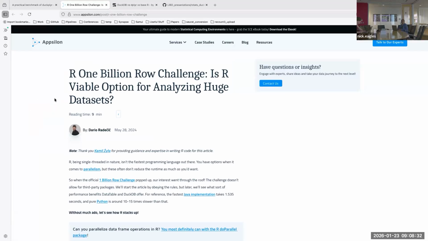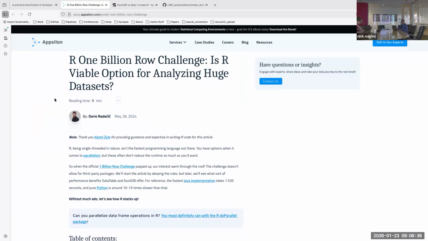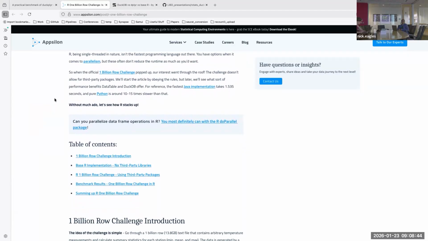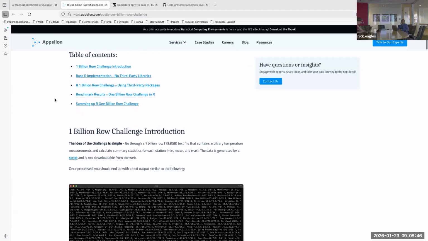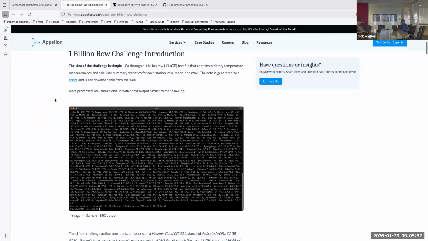So I'll go through 2 more. The results are pretty similar, although some of the use cases are a little bit different. This one was using a data set with 1 billion rows, so actually about 10 times bigger, I think. It started with a text file, although as I was looking through the code, it looks like he just reads it in like a normal CSV or something. I don't know why he